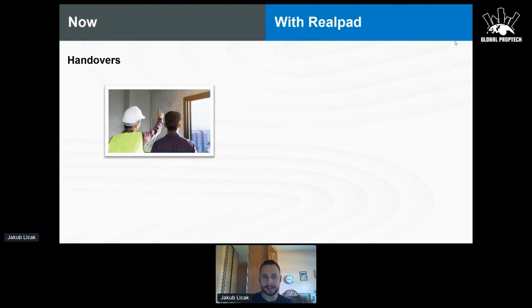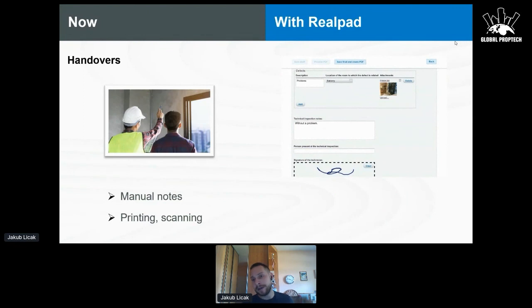Handovers, that's the part that I mentioned right before. So currently for the handovers, when the customer comes to the apartment, the technical department needs to take manual notes, and there's a lot of printing, scanning. We have a client also in Luxembourg, and they said that before they were using papers, and they had to write one document 3 times, print it, scan it, upload it. It's really messy. With Realpad, we built